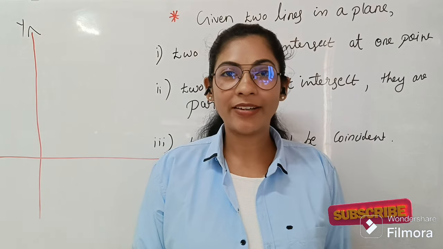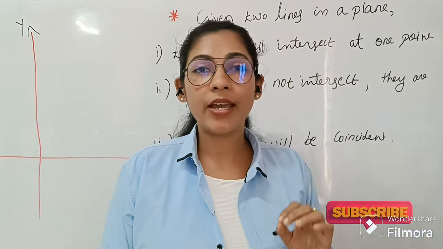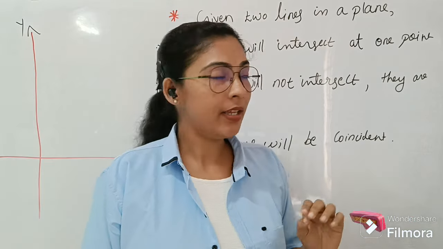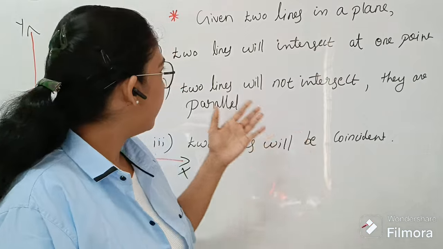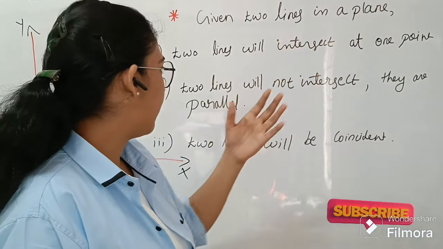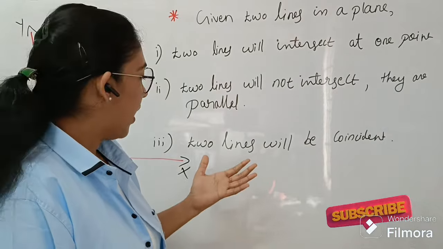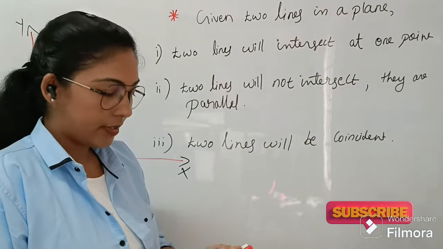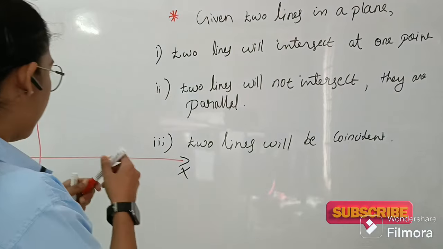In this class, we are discussing the continuation of the previous class. So now, if we are given two lines in a plane, any of these three following possibilities will happen. That is, two lines will intersect at one point, two lines will not intersect, that is, they are parallel, and two lines will be coincident. In the first case, two lines will intersect at one point, which means line AB